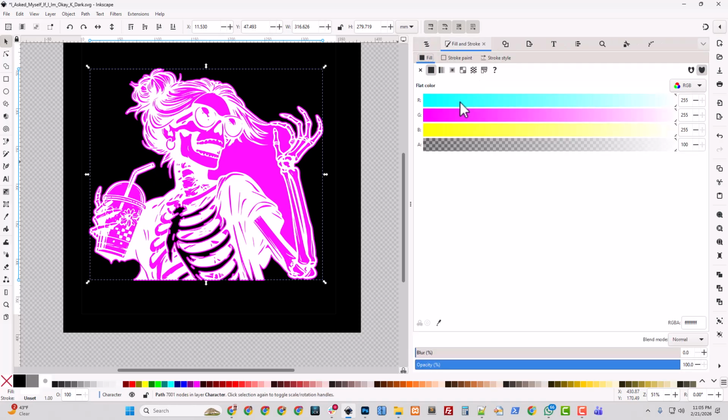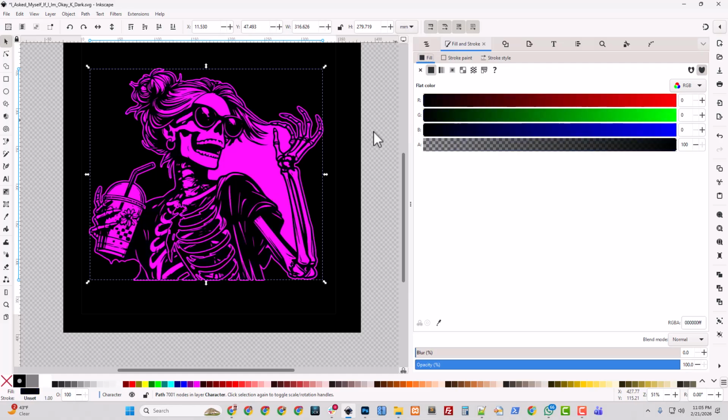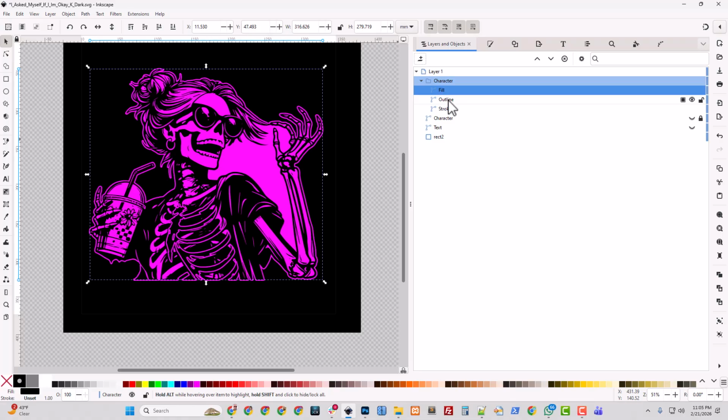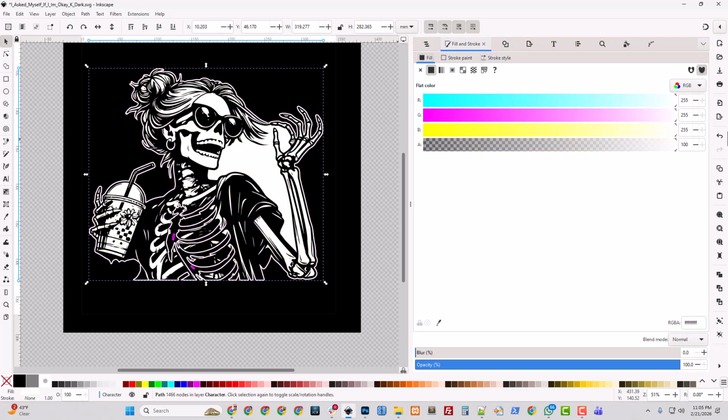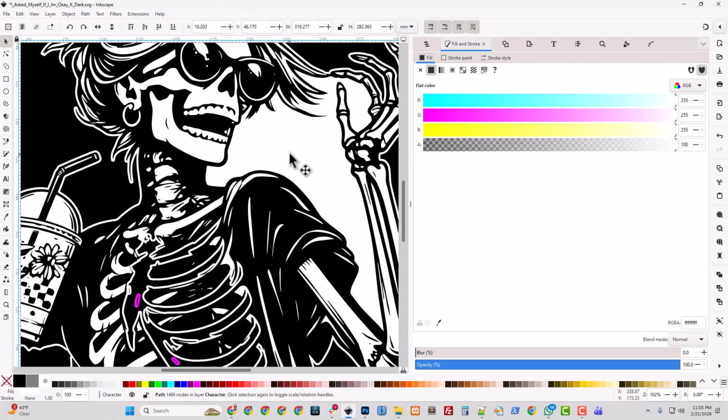How can we make that less confusing? Can I make this back to black? And then I take my outline and make it white. Can I preview my result? Okay, yeah, see how I've got this white stroke around the outside? It is what I want, but I kind of don't like this inside part.